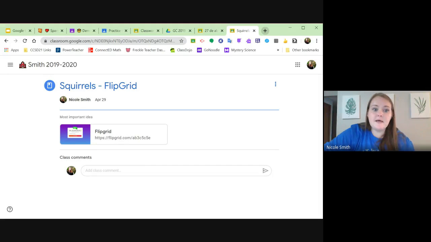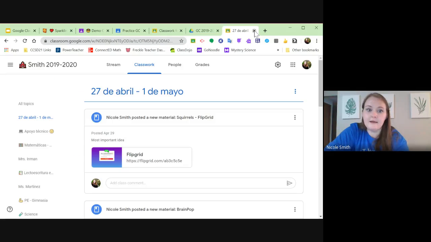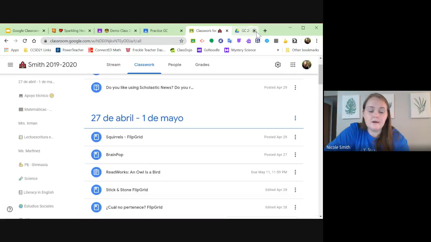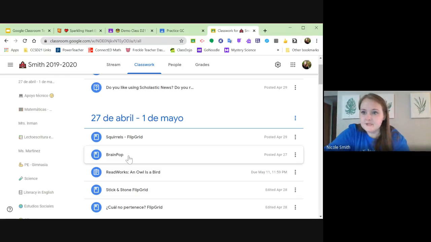Another thing about this is that when you're in this view, they'll notice that they have the option to add class comments, which you can adjust as well. But I have it on so the kids can write a comment or I can write a comment and then they view it. The thing about commenting that's cool is that anytime that you're working with the kids, you also have private comments going on with them. So if I have a specific assignment that I want to say, hey, you need to work on some page of this, to a specific kid,